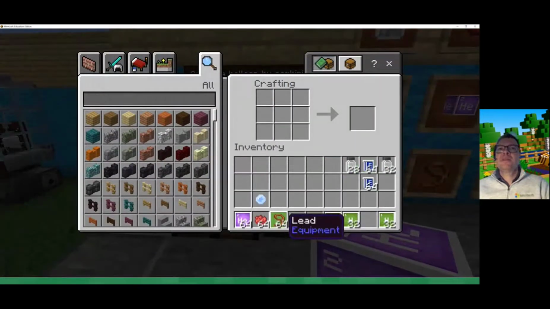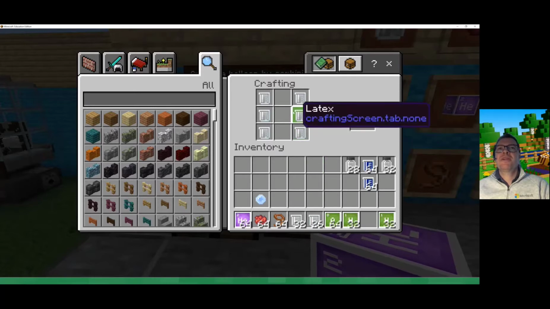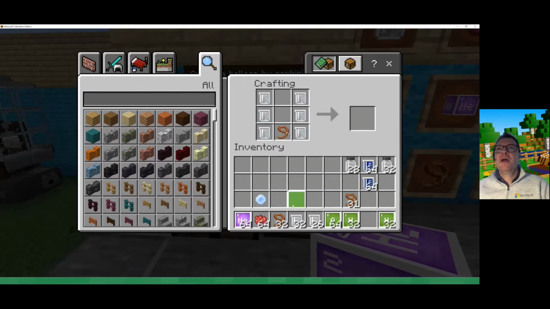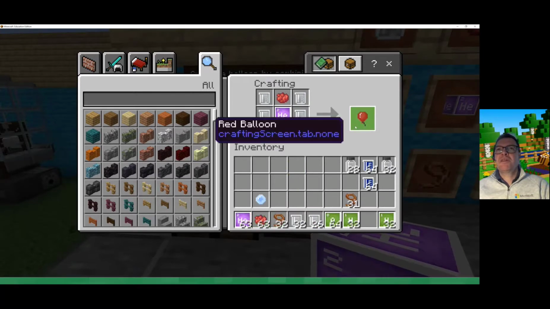So I need 1, 2, 3, 4, 5, 6 vials of latex. We need a lead, which is going to be the rope attached to the bottom of a balloon. We need a helium, so let's fill it with helium. And we have a red balloon. So we can use different colored dyes to make a balloon. So there we've got a red